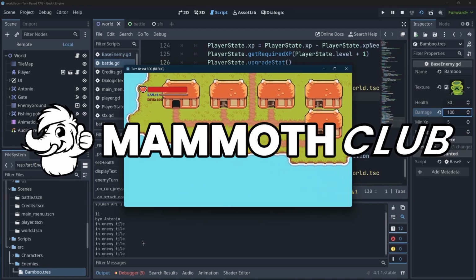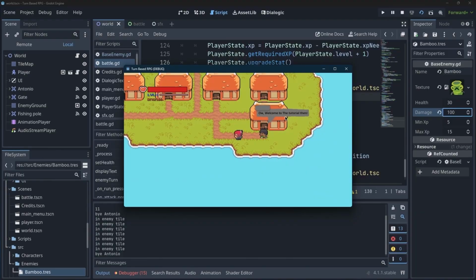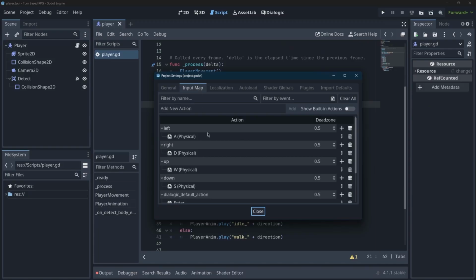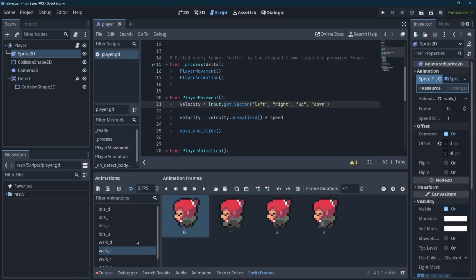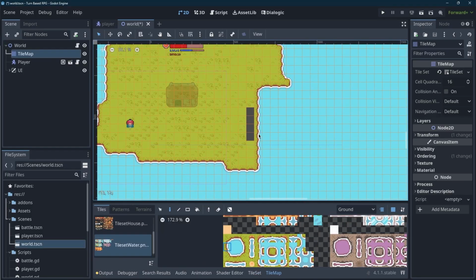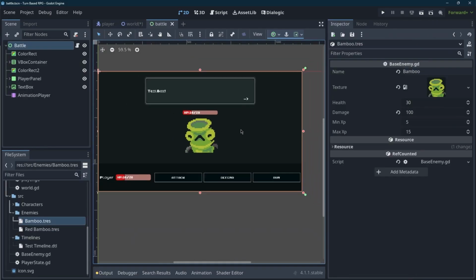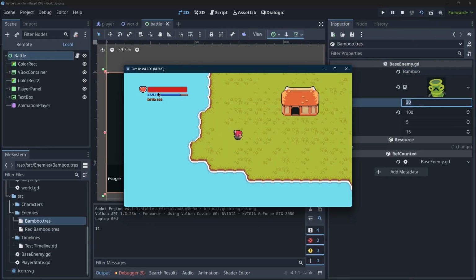Hello everyone and welcome to this short course on how to make a turn-based RPG in Godot 4. In this course, we will learn how to set up the player movement and animation, create our tile set and design our map, create beautiful user interface for our players, add enemies and combat, make it possible for our players